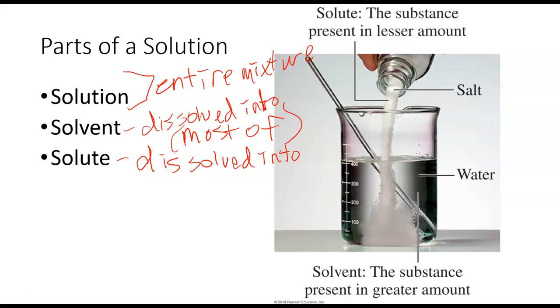If we look at this saltwater solution, the solution is the salt water as a whole. The solvent is what's doing the dissolving, it's the water. And the solute is the salt. So remember, the solvent is the substance that's present in a greater amount. That'll help you to determine if it's not abundantly clear. If we're working with a solution that's in water, almost always the water is the solvent. So water is going to be our solvent most often, but there are different types of mixtures that we may